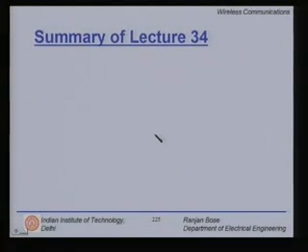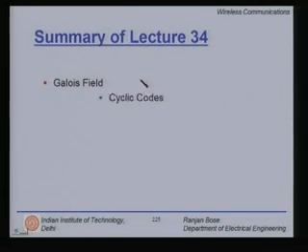So we will summarize today's talk here. We started off by looking at the Galois field, followed by a detailed understanding of cyclic codes. We came up with an interesting polynomial representation of cyclic codes. We realized that there is a one-to-one correspondence between polynomials and cyclic codes. What was interesting is that if you multiply a polynomial by x, you right shift the code word elements, and what is important is that for cyclic codes, any cyclic shift of a code word is also a valid code word.